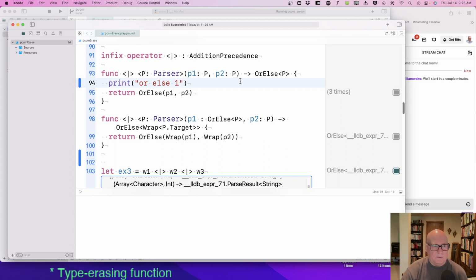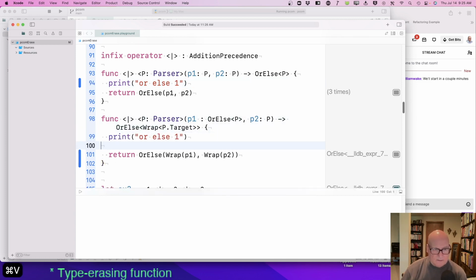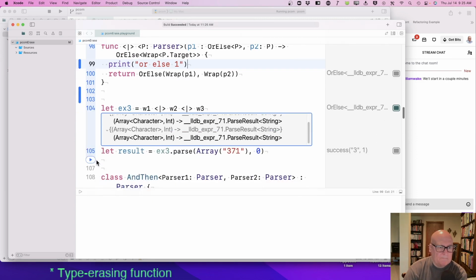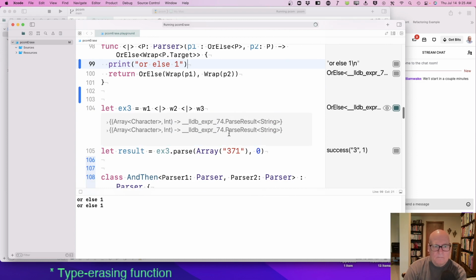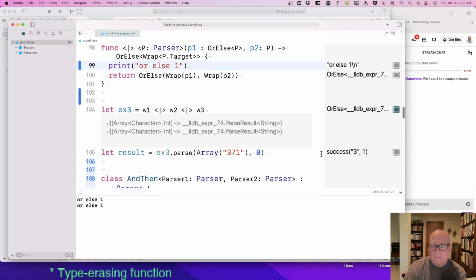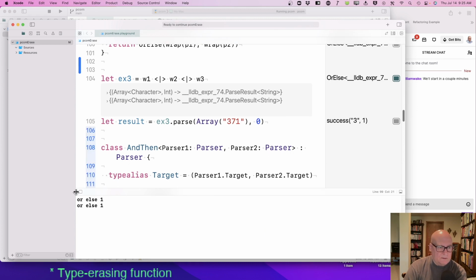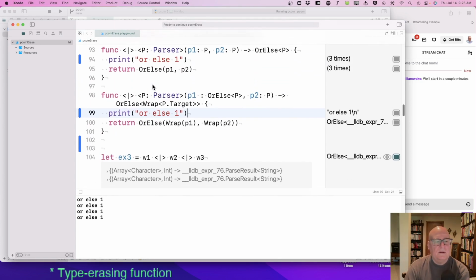OrElse 1 and OrElse 2. Let's just get that much information, I guess. OrElse one, OrElse one. Okay, so I'm not calling this operator anywhere. Let's run the whole thing. I'm never calling that wrap operator. Okay. Well, that's sort of interesting.